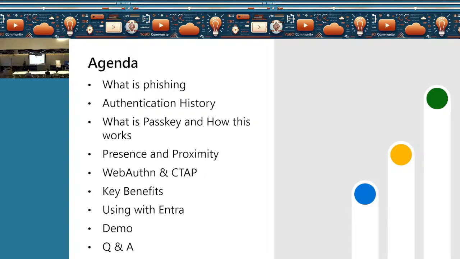Then we'll talk about what passkeys are, how they work and why they are secure, some of their properties and benefits. We'll also dive into demo sessions: I'll show you how the registration works and how the sign-in experience works.